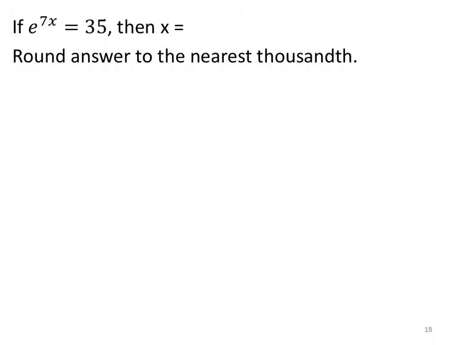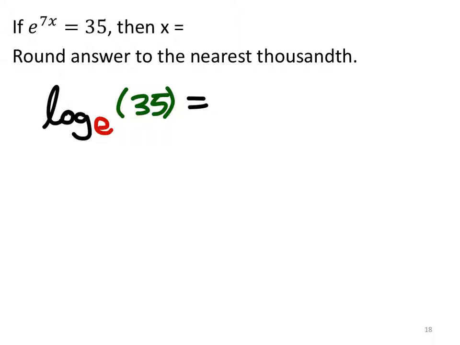So my e to the power of 7x equals 35. I'm going to change that into a log. And my base is e, which is good news. Log base e of 35 would equal my exponent, which is 7x. Now that log base e could be changed into a natural log right now if you wanted to. Just the natural log of 35